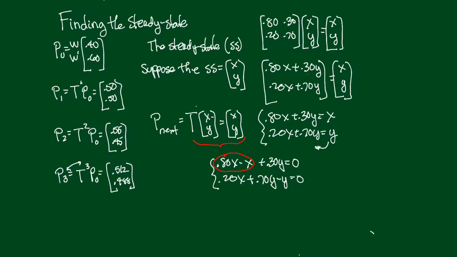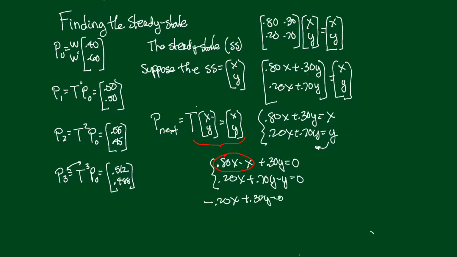0.80x minus 1. So it's like 0.8 minus 1, or 80 minus 100. So be careful when you do this one here. This is going to come out to be negative 0.2. This is going to be negative 0.20x plus